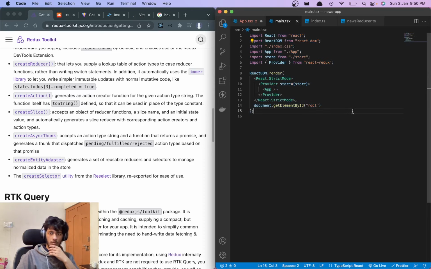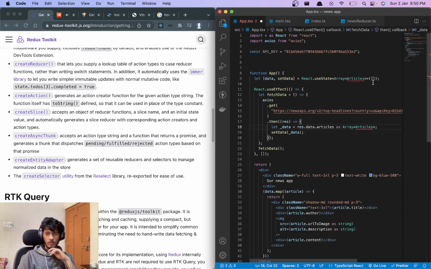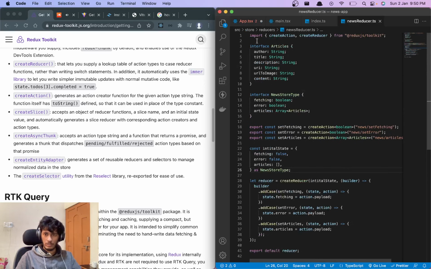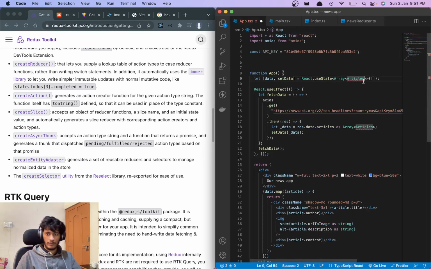So now this will make our store available everywhere. So now we can have articles over here. In the reducer we can just export this type as well. So we can just say export articles, right? Then we can go over here and say articles.